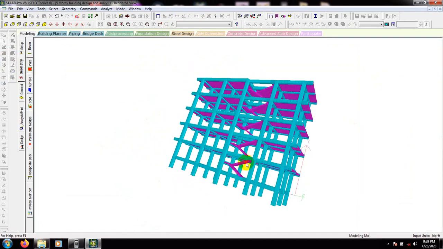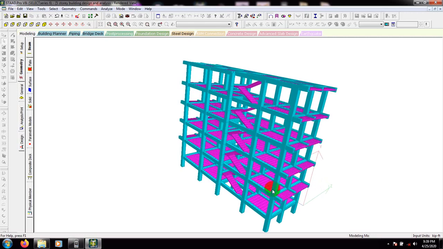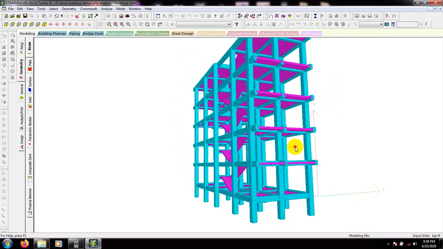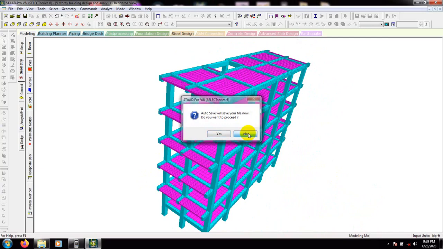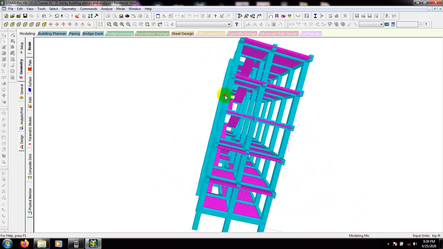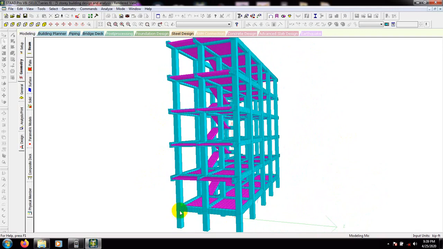For the upper story, they have balcony available, but for the down story, I mean for the base story, it's not. So I think it's helpful for you, and in our next video I will assign load on our building, and